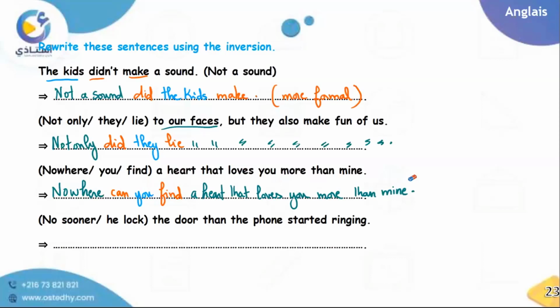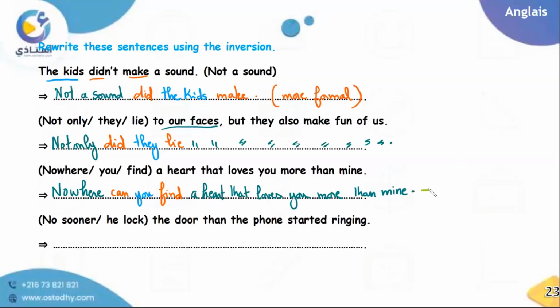on dirait راهو كي نحيو الانفيرجن نقولوا you can find or you cannot find nowhere or you can find. مادام عندنا nowhere لازم نخلي you can في البوزيتيف فورم خاطر nowhere هي ديجا نيجاتيف. You can find nowhere a heart that loves you more than mine. نجم تلقى في حتى بلاصة قلبي يحبك كيما قلبي. وإلا nowhere can you find a heart that loves you more than mine. إيش نقلبوا؟ معناها كان هذه inversion فيها ولا؟